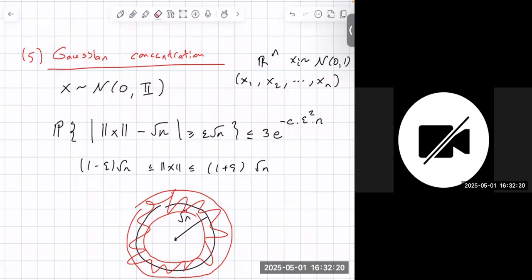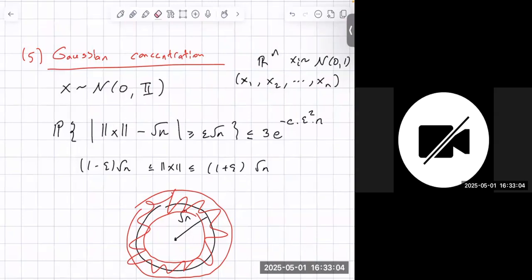And in that case, it turns out this vector concentrates around the place where the vectors have norm root n. So the vectors that have norm, say, square root of n, would be like, if you take the sphere of vectors with norm 1, and enlarge it to square root of n. This vector comes around it. It doesn't have to be precisely square root of n, of course, it's a random vector. What you're saying is that the probability that the norm minus square root of n is bigger than epsilon times square root of n is very small. So with very high probability, close to 1, your vector will end up in this shell,